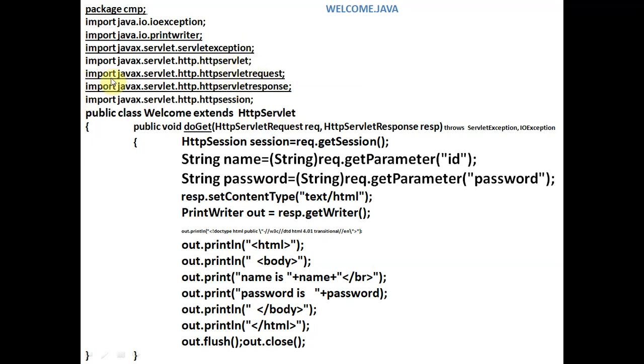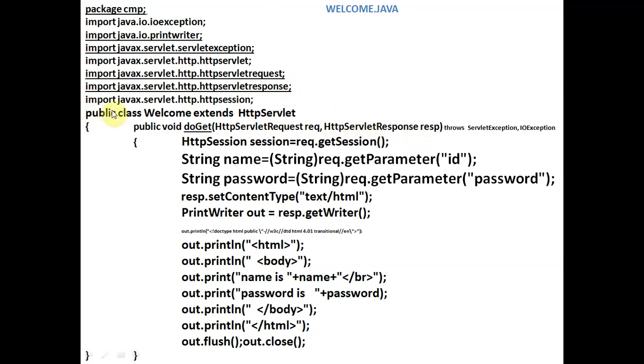And also we are writing import javax.servlet.http.HttpServletRequest. So inside this HttpServletRequest package, we have the HttpServletRequest class, because the initial letters are capital here. So when we capitalize each word, then it is a class. Import javax.servlet.http.HttpServletResponse. So we will have the HttpServletResponse class also.